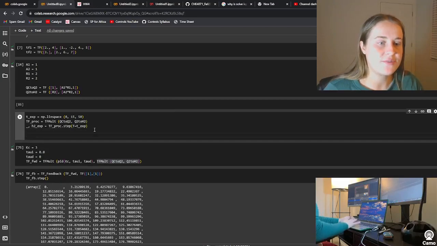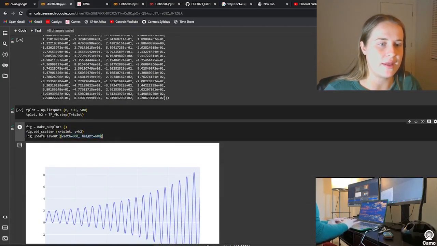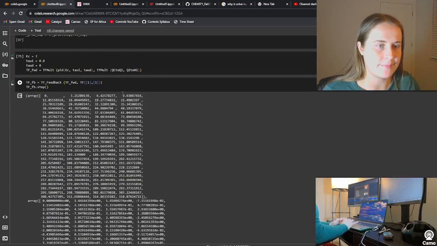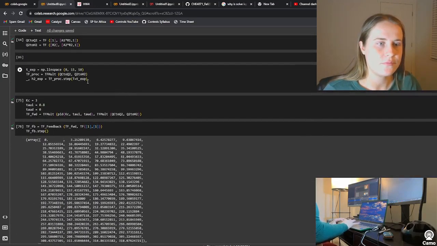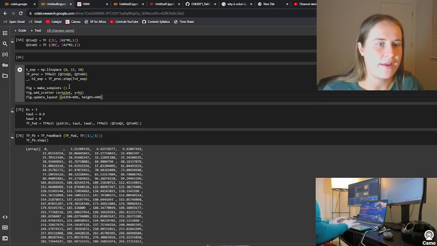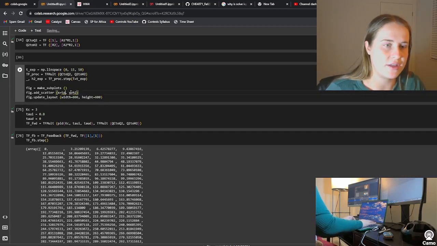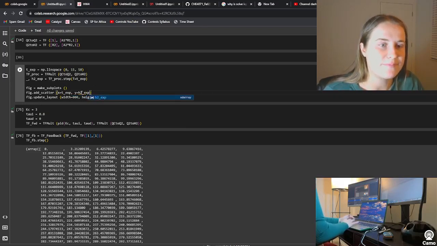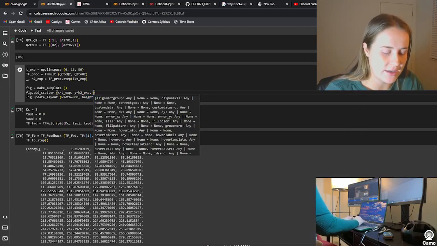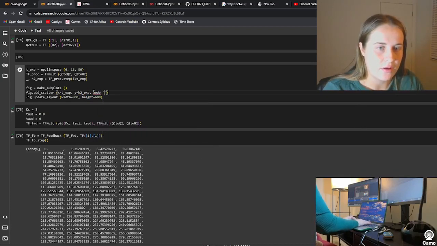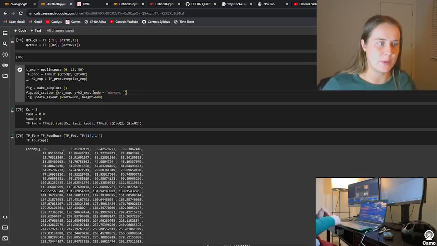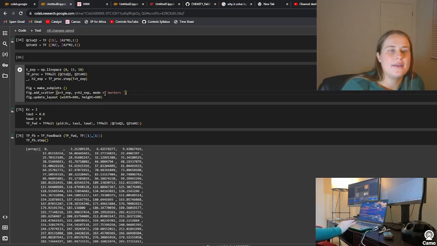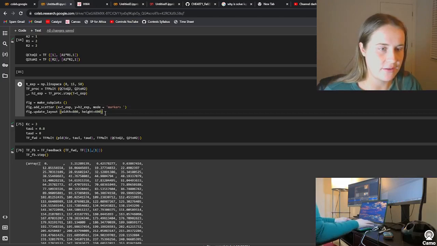Okay, and then next we're going to want to plot this, so I'm just going to go down here and copy this so I don't have to keep retyping it. I'm going to add that here. Our x is actually T EXP, and our height is H2 EXP. And then this is actually in mode equals markers. We have to do that if it's experimental. And so if I plot this,